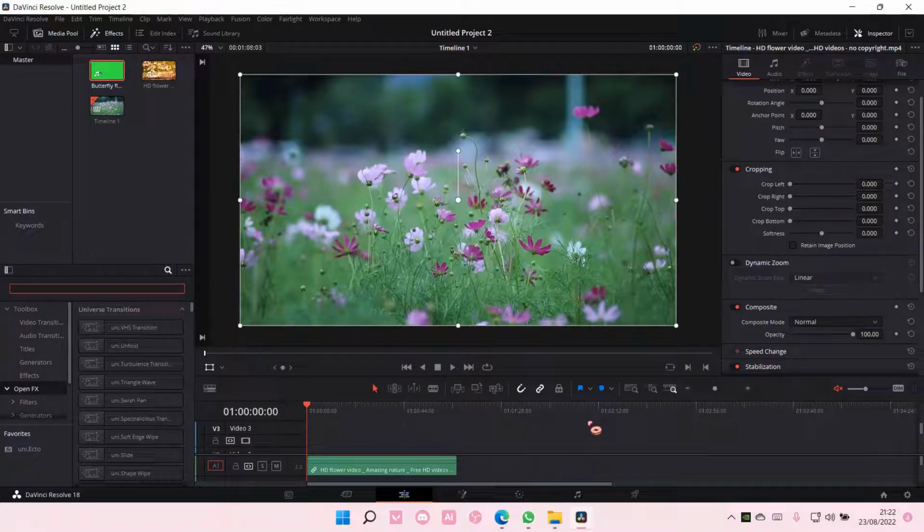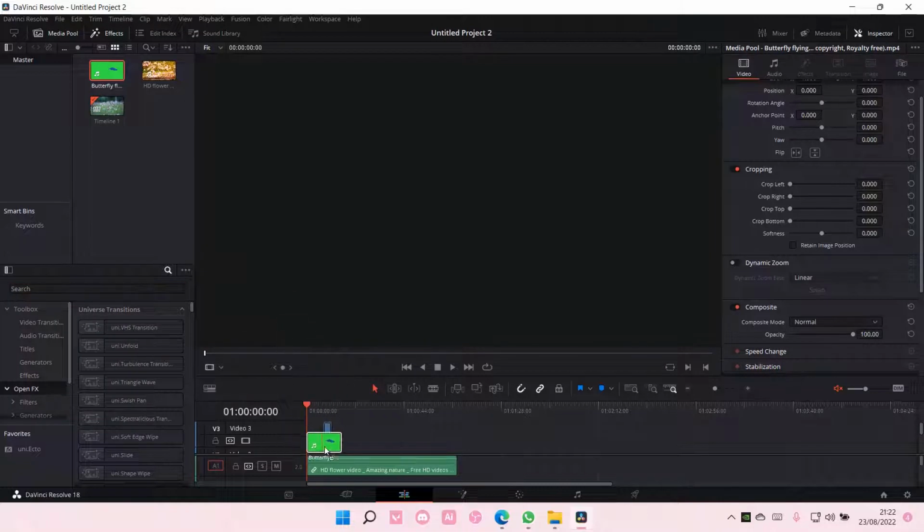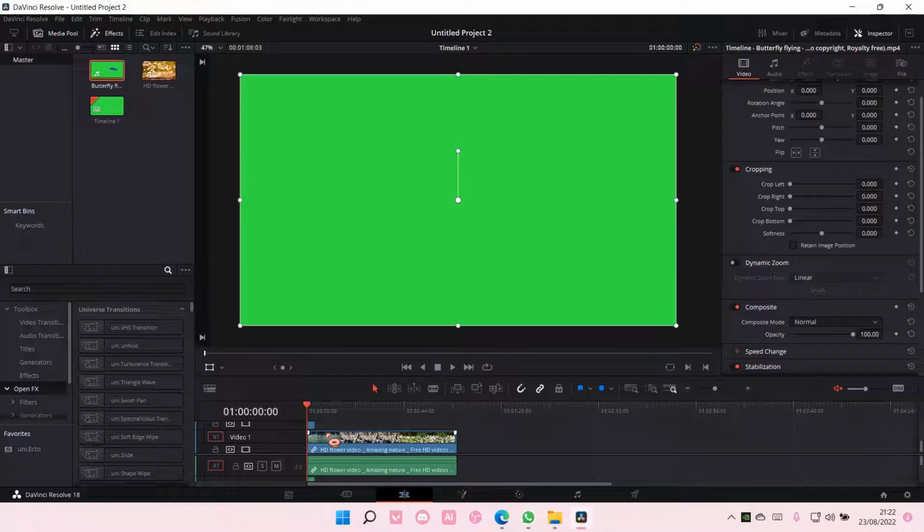In this video I'll be showing you guys how you can use green screen on DaVinci Resolve. So select your video and then select the green screen you want to add and put it on top of that video like so, and then you're just going to want to make sure you click on open effects overlay,